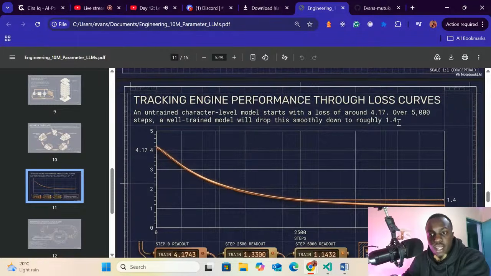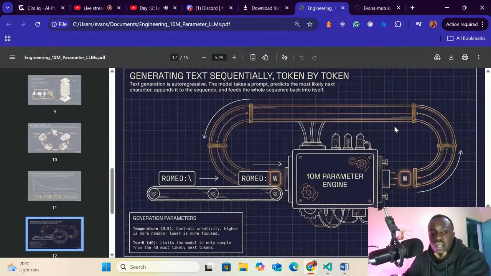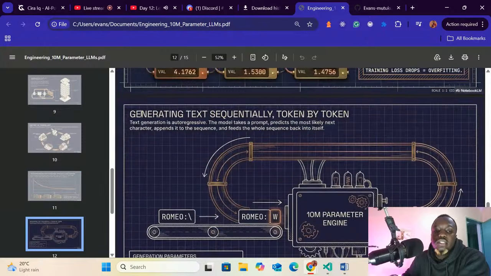So this is what we are trying to calculate. The next step is generating the text, token by token. We just want to generate it token by token.